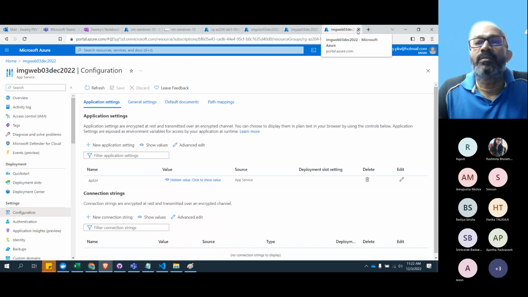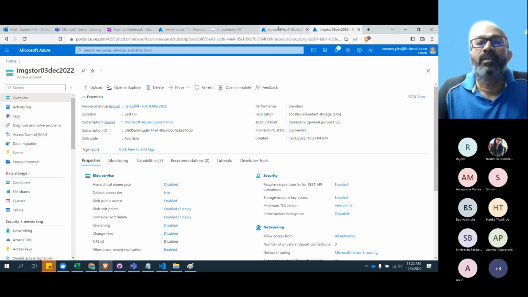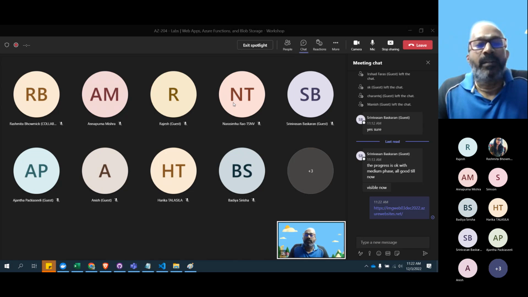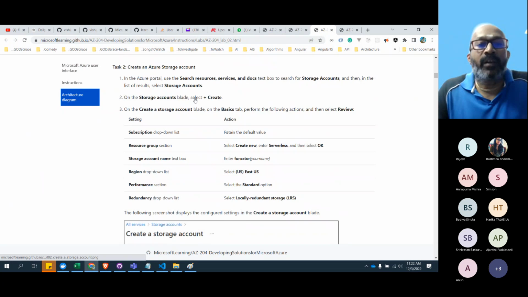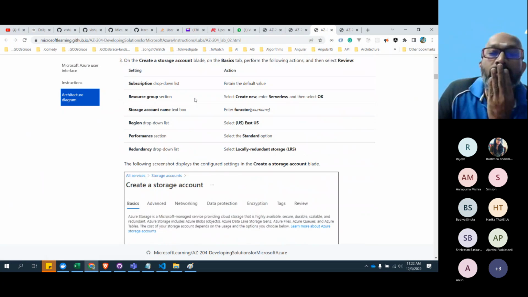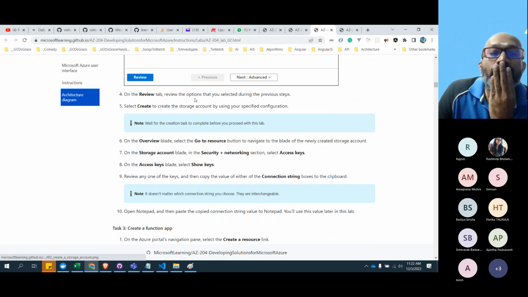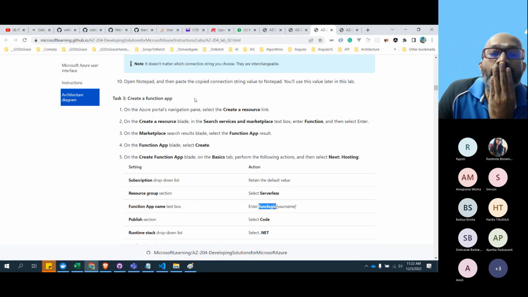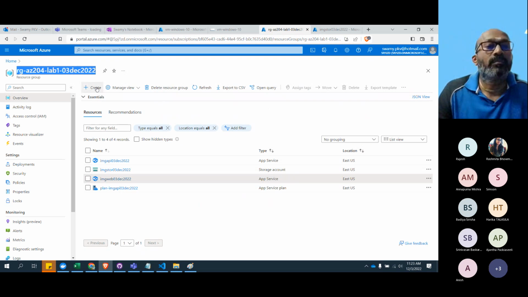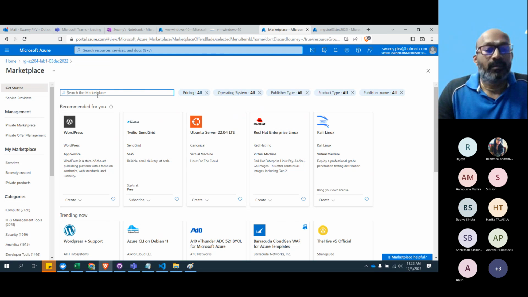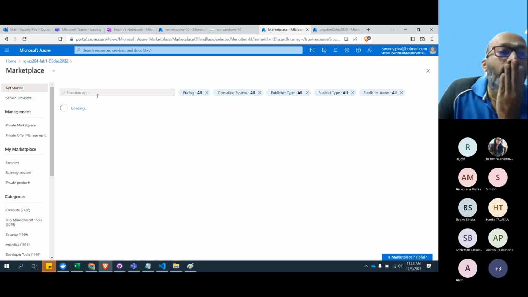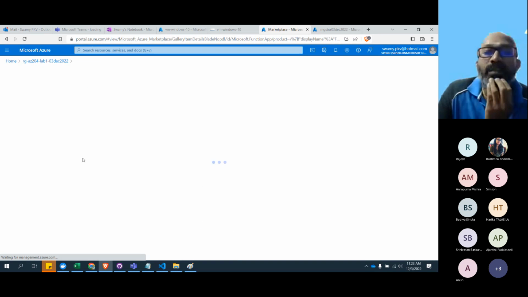I'm closing those so that we'll get some extra space. OK, let's go with this one. Function logic. The storage account we are reusing, folks. This one, function app.